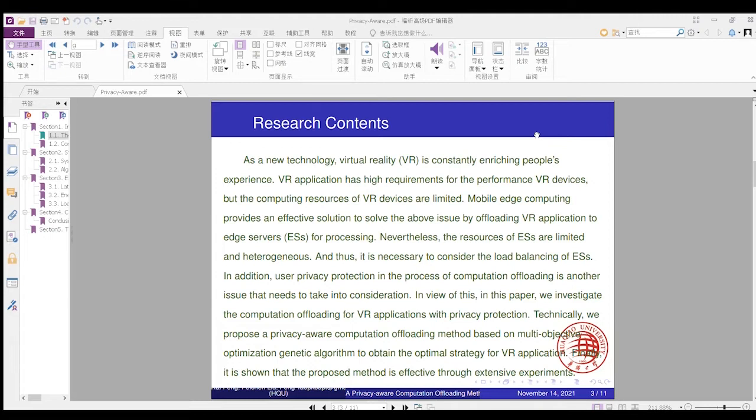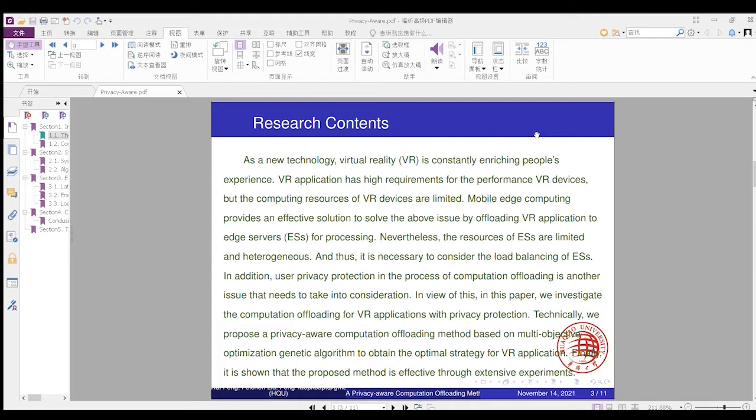Mobile edge computing provides an effective solution to these issues by offloading the VR application to edge servers or edge nodes for processing. Nevertheless, the resources of edge servers are limited and heterogeneous, and thus it is necessary to consider the load balancing of edge servers, the motion-to-photon latency of the VR device, and also the energy consumption of the VR device. In addition, because the VR device will collect some users' information from VR sensors,